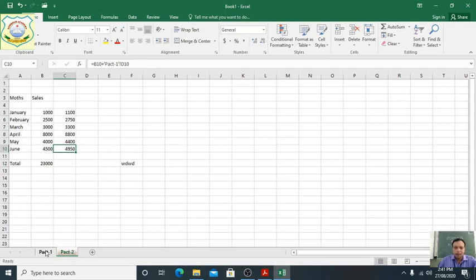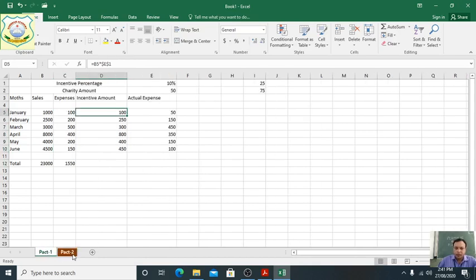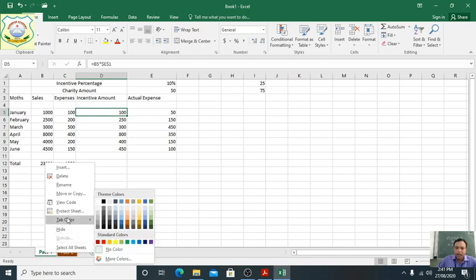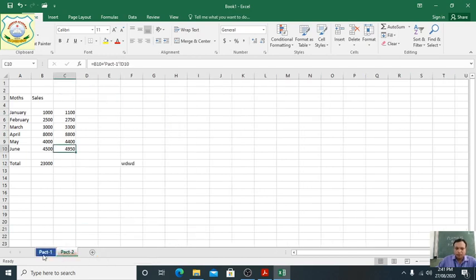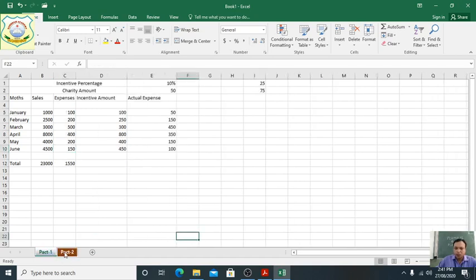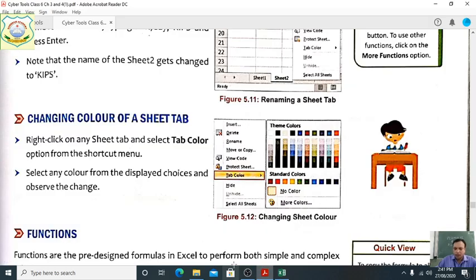Again, you can see here, this one is white. So if you want to change the color of this, right click on it, tab color, and choose any color here. Now we have changed it. You can see, everyone. This one is blue and this one is brown. So in this way we can change the color of the sheet tab. Clear?